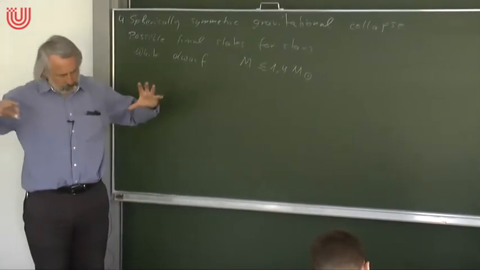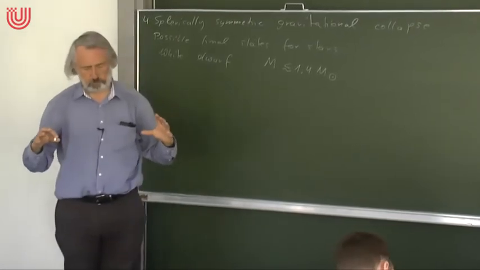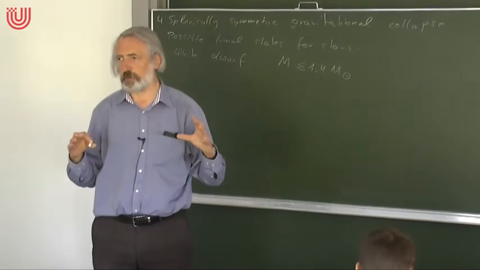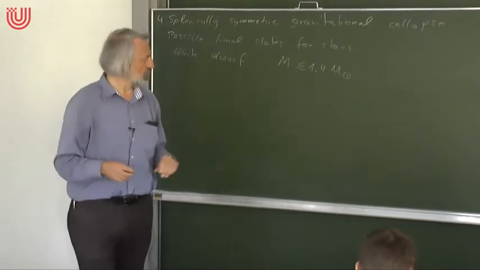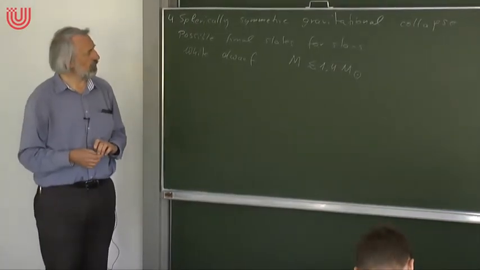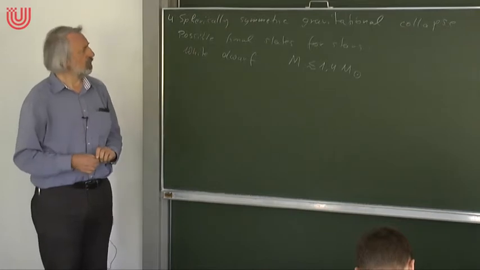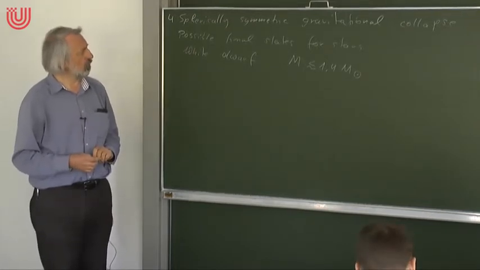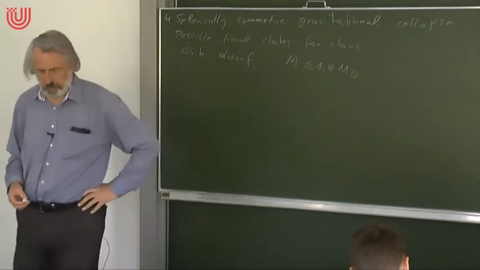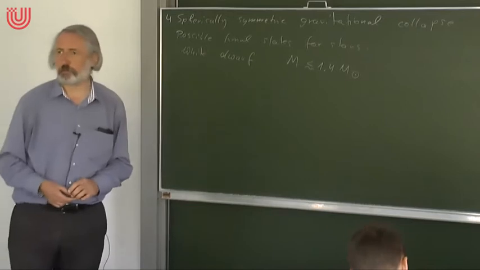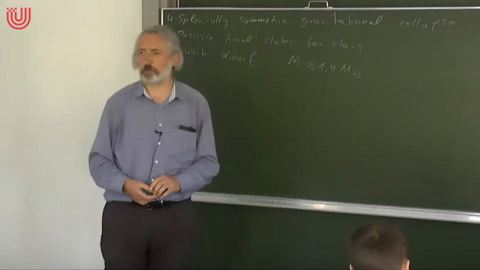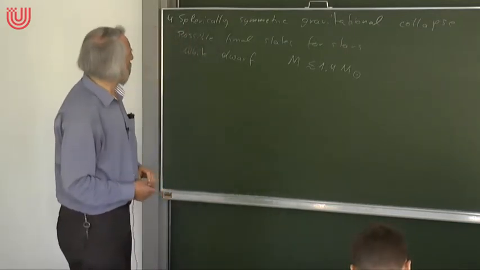And this final state, what we call a white dwarf, is a state where the electrons form a so-called degenerate Fermi gas. This is something which can only be done by fermions, because the Pauli principle plays an important role for this. And this provides a stable final state for the star. So they have something like 1.4 solar masses or less, and they have a radius of something like 5,000 kilometers. That's about the size of the Earth. Earth is 6,000 something kilometers, I think, the radius. So that's one possible end state.